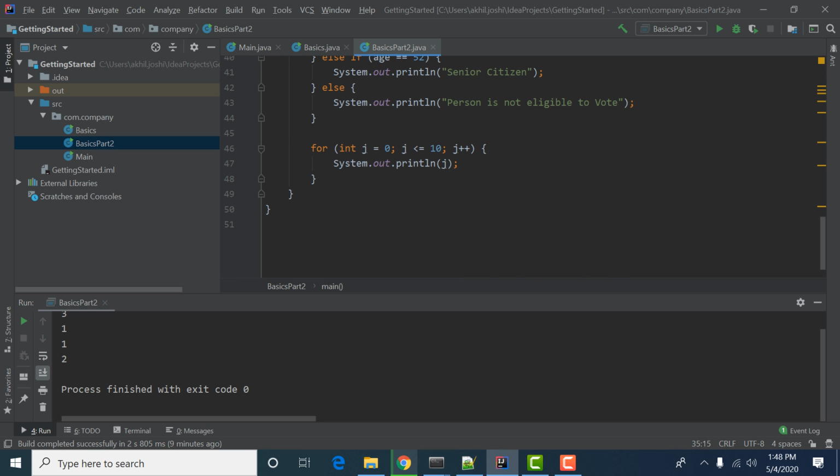Okay, so now we have come to for loops. Today I will cover from what are arrays and what are strings. I will cover up to this today, and the next part we will cover in the next videos.